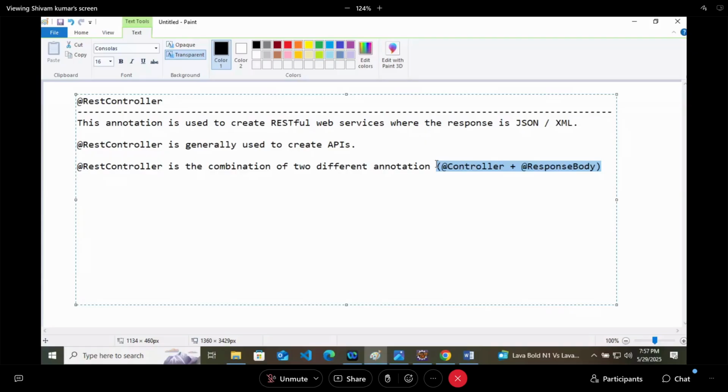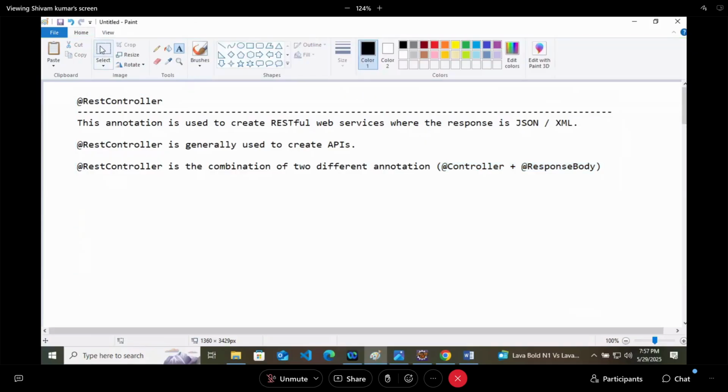Now RestController will do the work of them. So internally it will combine these two annotations. Now that we will see whenever we are creating the APIs.